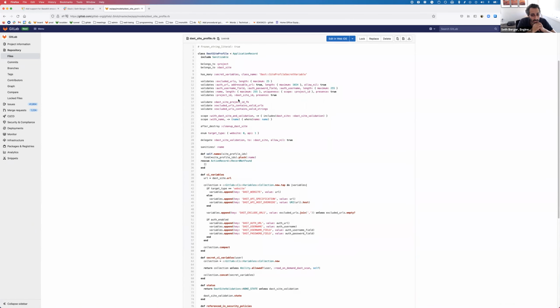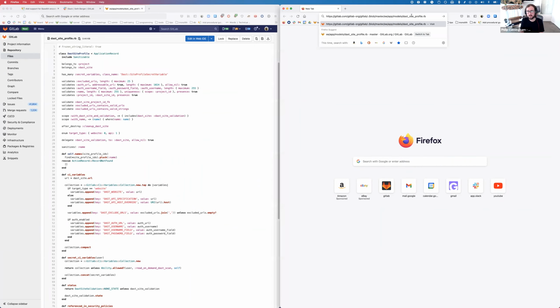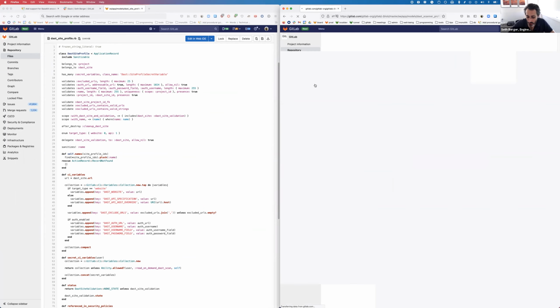We may be adding additional usernames and passwords because there are other authentication types, and the username and password right now is only requested as part of a website. It's not requested as part of